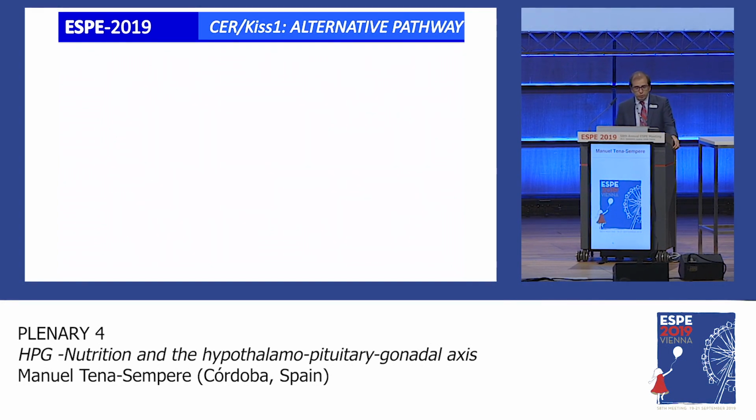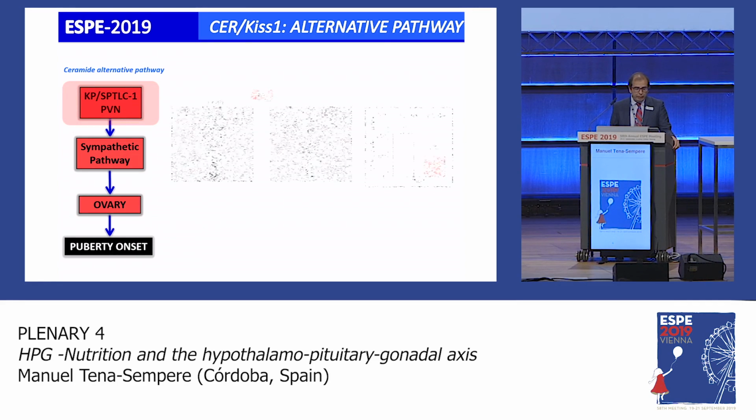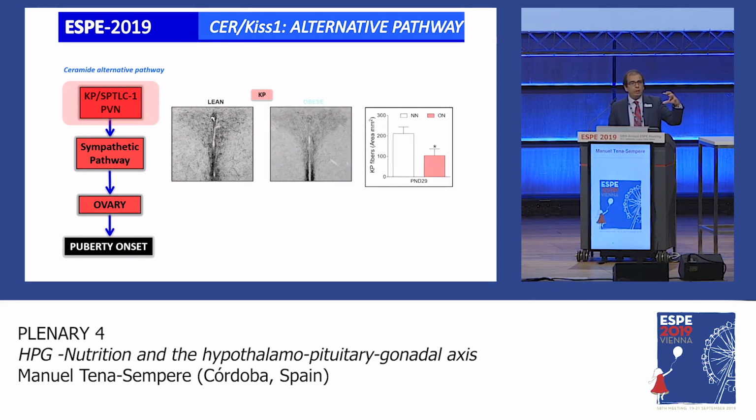We have obtained evidence suggesting that this alternative pathway could be related with another hypothalamic nucleus, in this case, the paraventricular nucleus, in which, interestingly, we have been able to demonstrate that this nucleus receives an intense density of kisspeptin fibers during pubertal maturation. And very interestingly, in obese conditions, this density changed in an opposite manner to what we initially expected, because it goes down, but we believe this is probably related with the fact that kisspeptin is being released more actively in